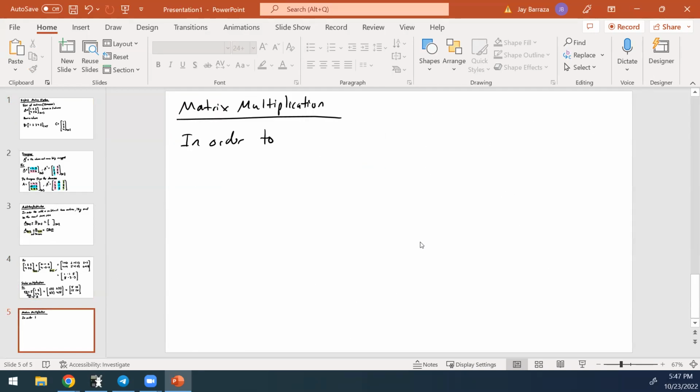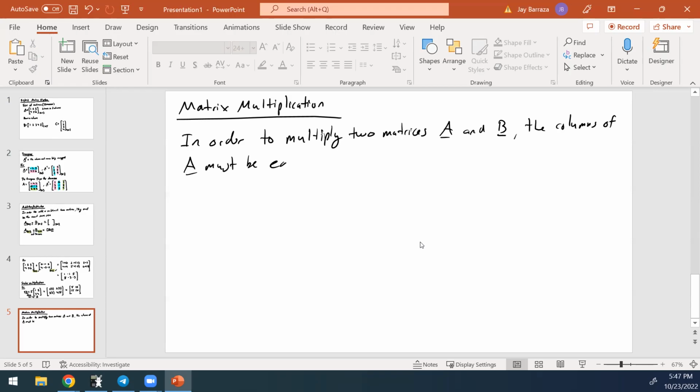In order to multiply two matrices, A and B, the columns of A must be equal to the rows of B. Now in English, that sounds kind of confusing. So if A is M by R and B is Q by N,